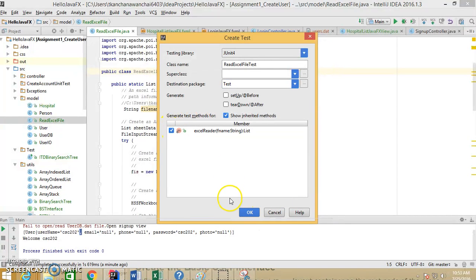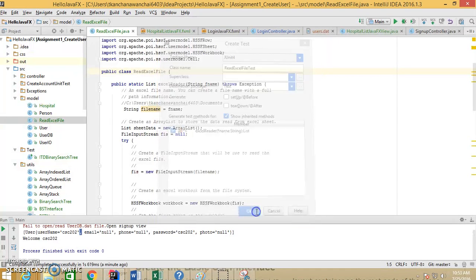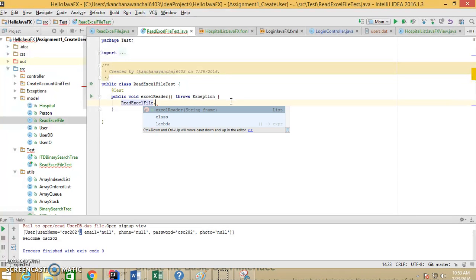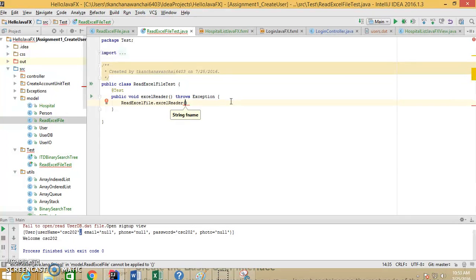And we're going to test this Excel reader. Alright, so we have to call readExcelFile, ExcelReader dot, and passing in